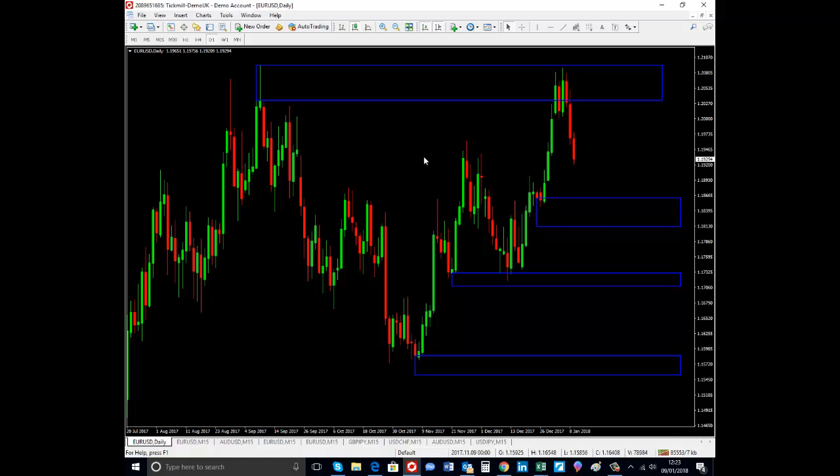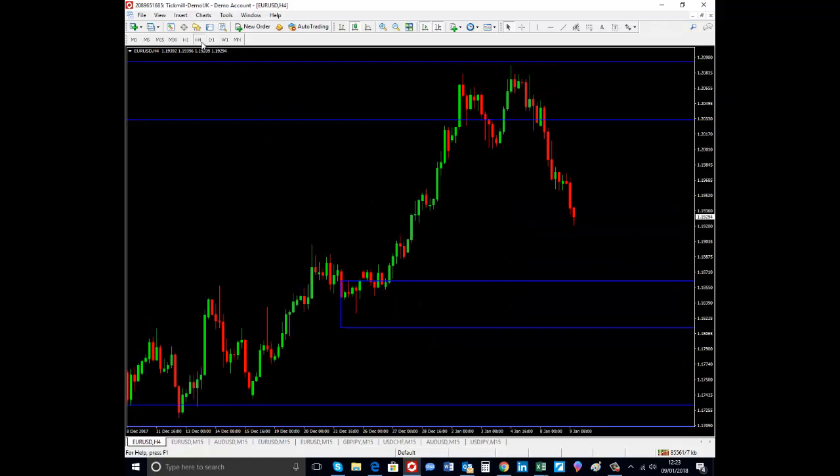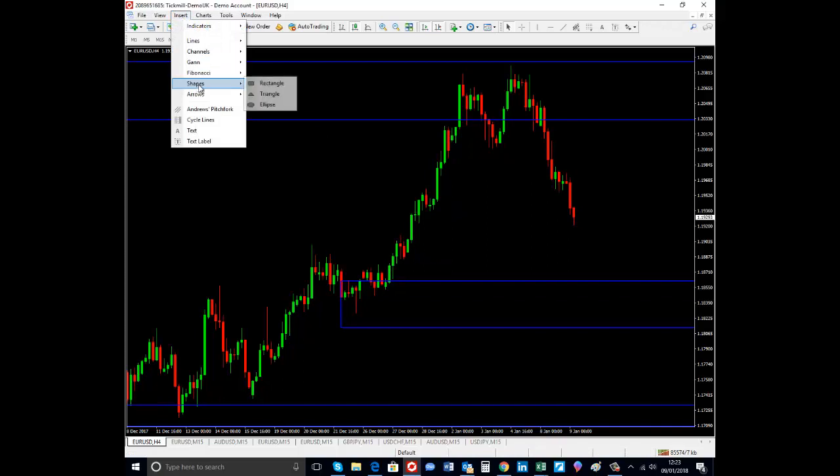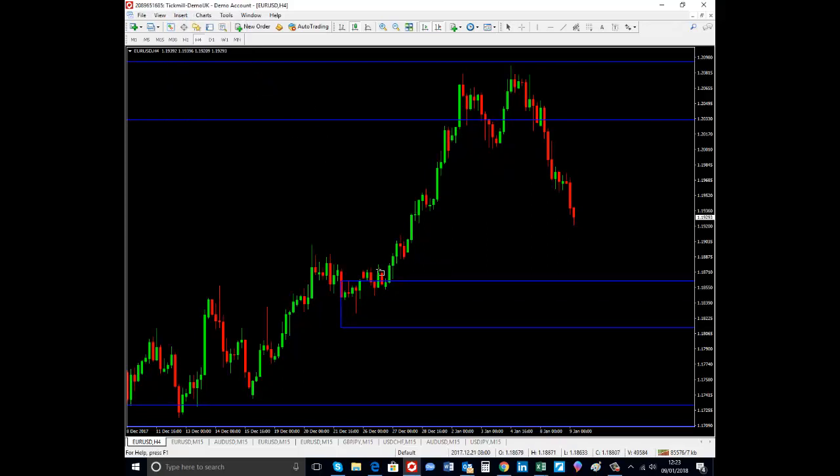Now from here, we can drill into smaller time frames. Once we've got the daily picture, we can go to our 4-hour time frame and do the exact same thing again, just start drawing our levels in. Just to give you an idea, and we won't stay on the 4-hour for too long, if I now take the wick here and do this,